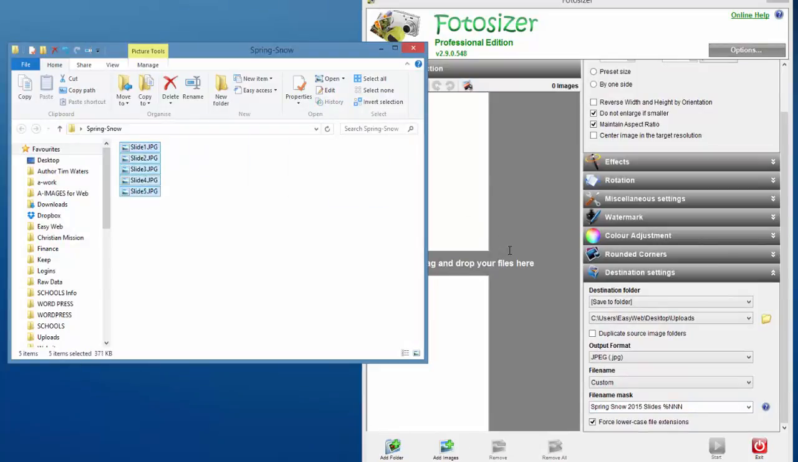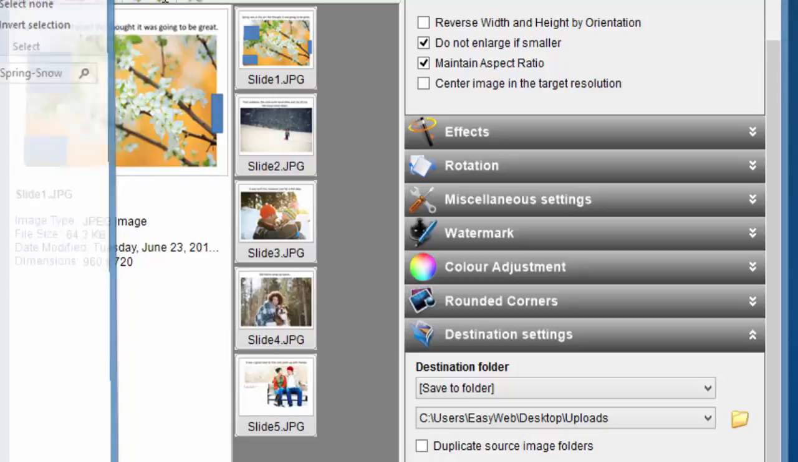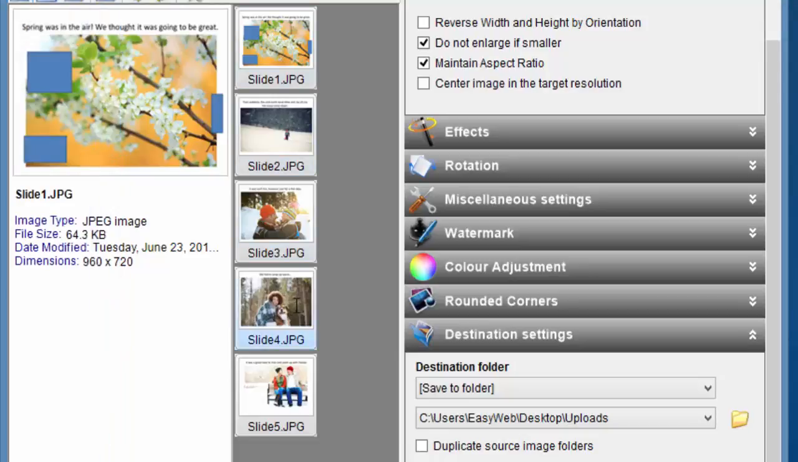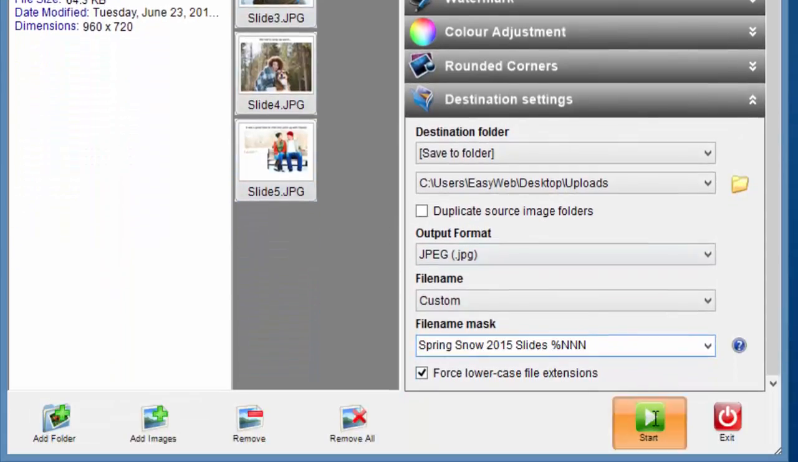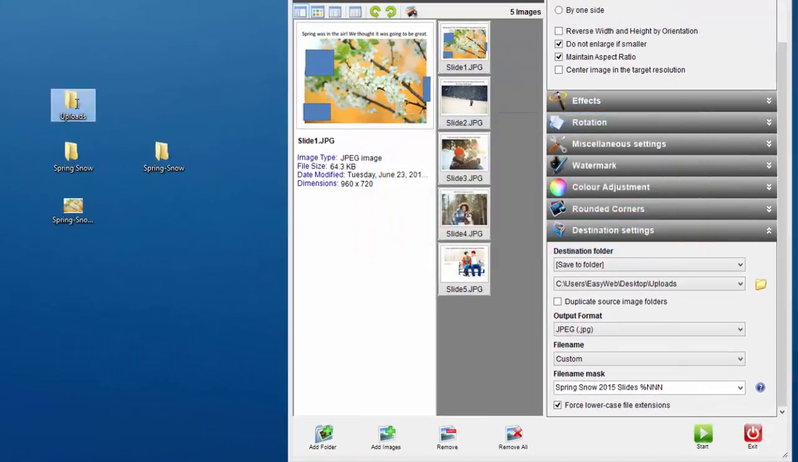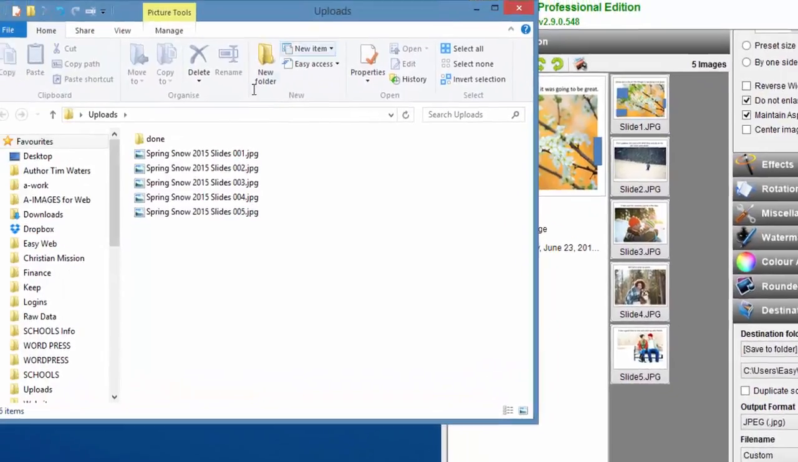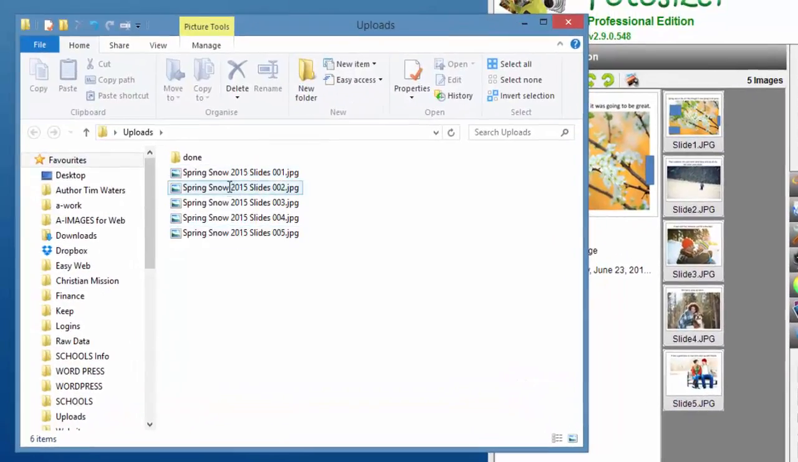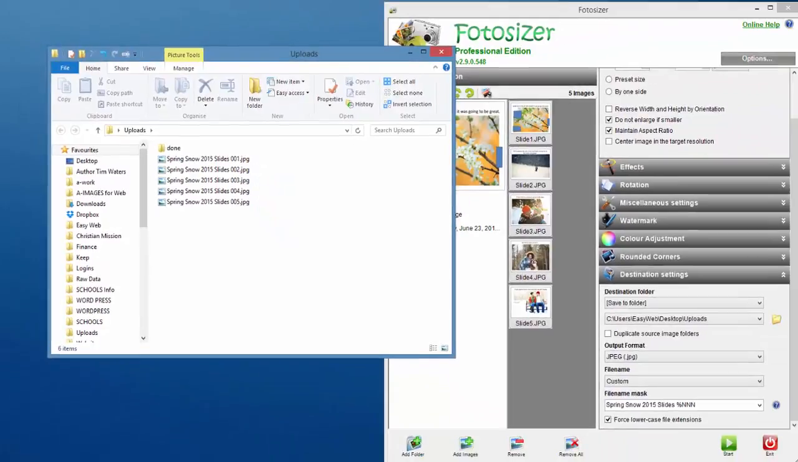I'm going to drag those into the folder, and you can see these are the slides that were outputted by PowerPoint. So when I click the start and I click close and I open up my uploads folder, there you can see the different slides that were there. Spring Snow 2015 slides 001 to 5 again. Now all I have to do is go back to my website